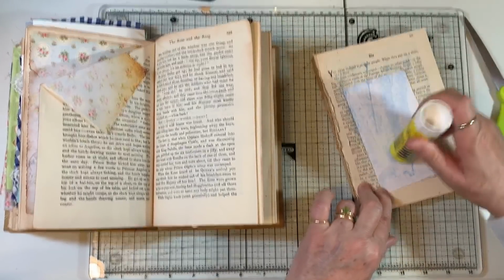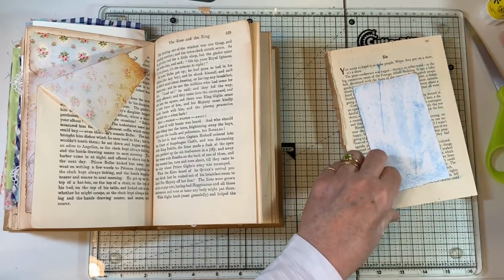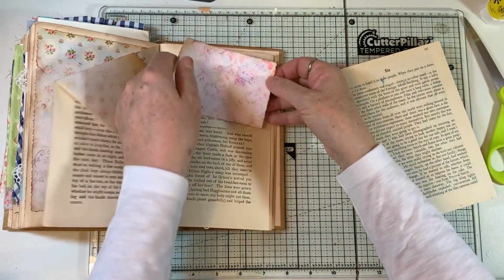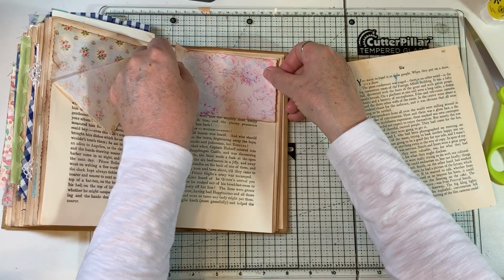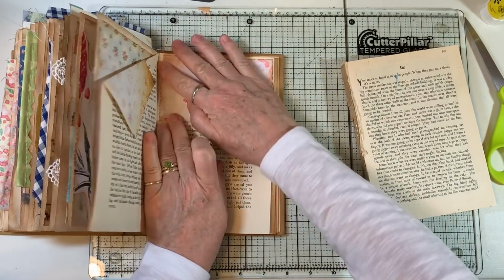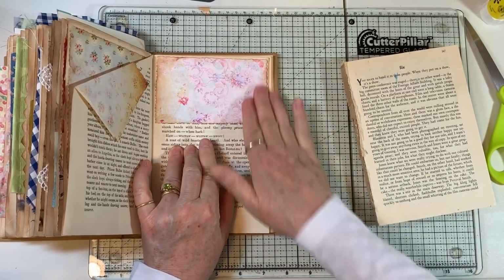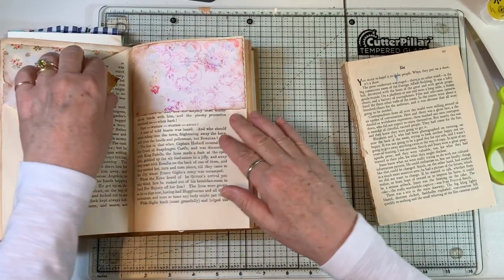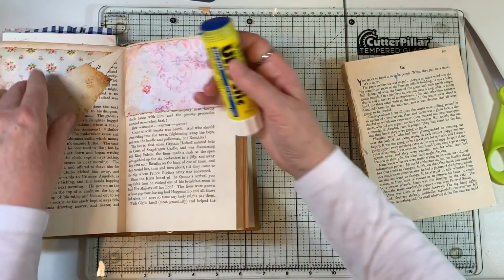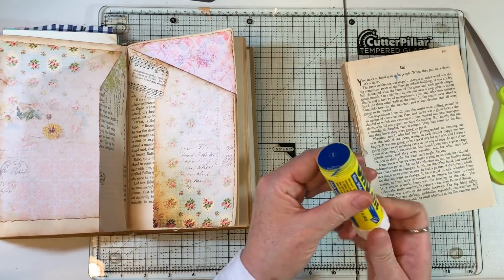So I don't know, I might take a break between doing this journal and popping onto my Tracy design team, and I think I might do a little ephemera folder. Yesterday I went to Joann's because I needed thread, and they had Tim Holtz on sale, and so I got